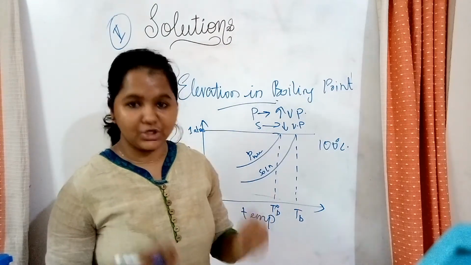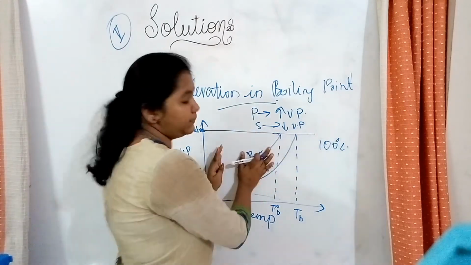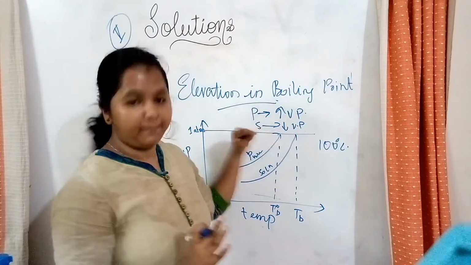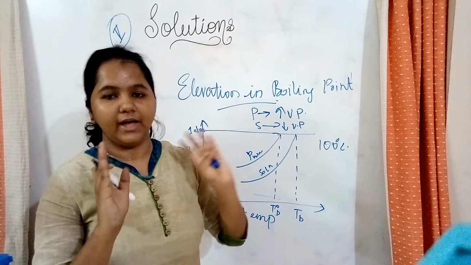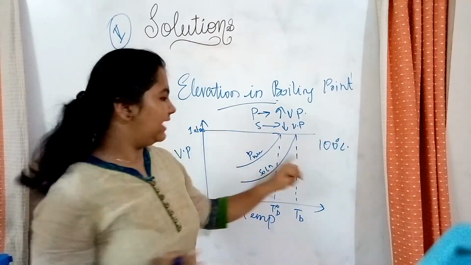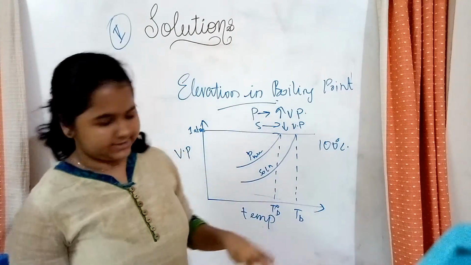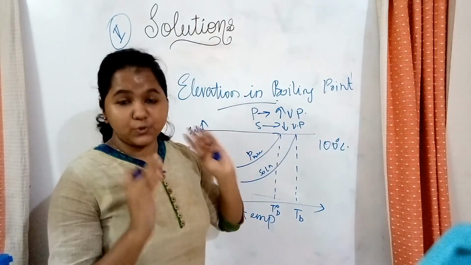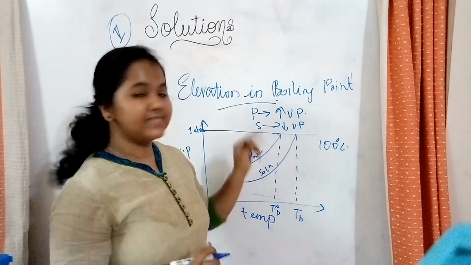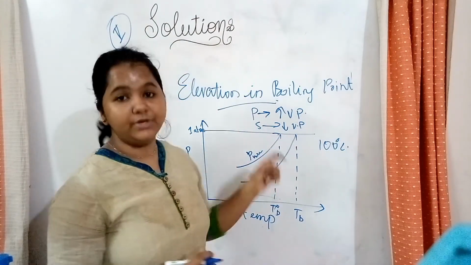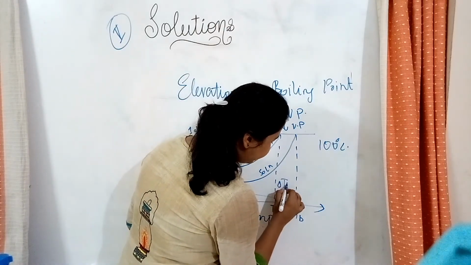To increase the vapor pressure, heat is given. When heat is given, it has to be more than the heat given to pure solvents to make it reach the atmospheric pressure. You know, right? It's because lower vapor pressure would need more temperature to make it reach atmospheric pressure. And that is why there is an increase in temperature. It's not a very big increase, but there is an increase. So the temperature at which a pure solvent boils is marked as T0B, and the temperature at which the solution boils is TB. And their difference is delta TB.